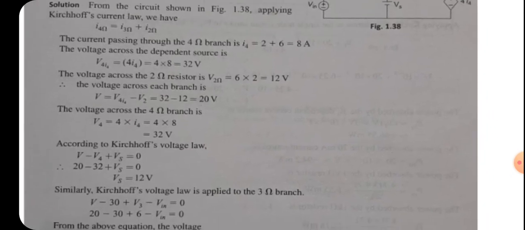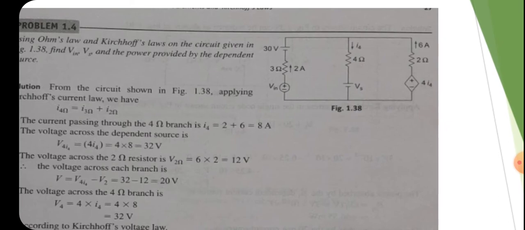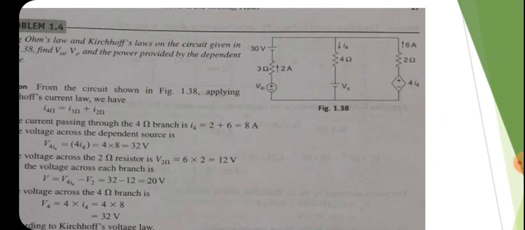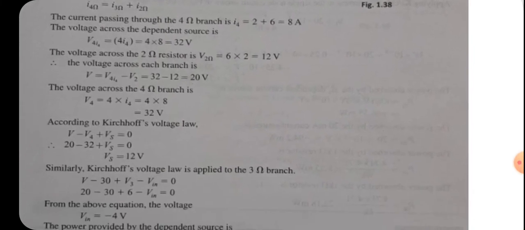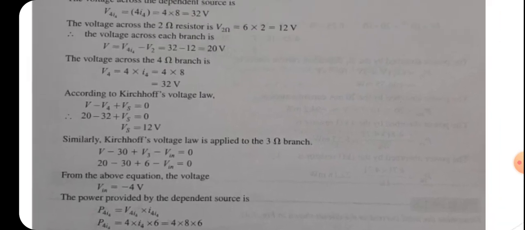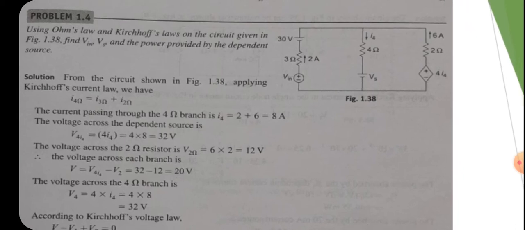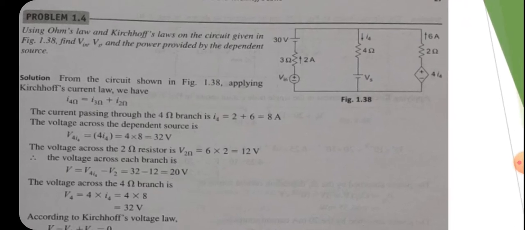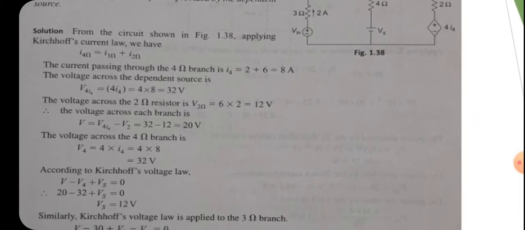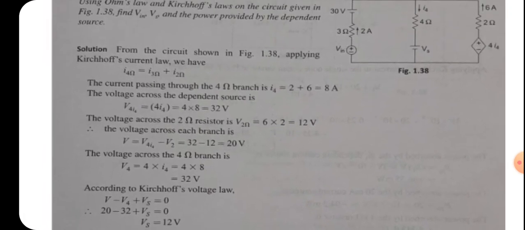Here you have to understand how the signs are given. So you should understand the idea first. For finding out V in, we are considering the outer loop containing the 3 ohm and 2 ohm. We are assuming that current flows from the outer branch to the 30 volt to V in, and we are applying Kirchhoff's law in that direction. The outer branch voltage is V. So we will write the equation V minus 30, since current flows in a direction. We are assuming a direction from the positive part of the 30 volt to the negative part, so it has a negative sign. And at the 3 ohm resistor, the original current flows from V in.